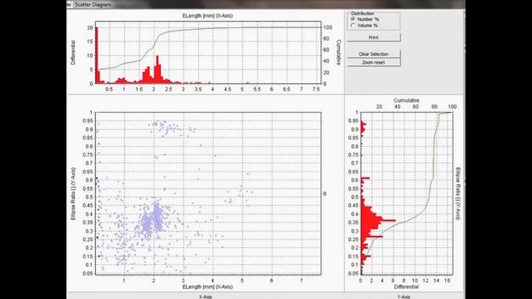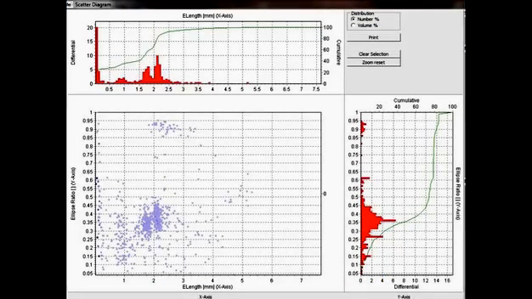This is the scatter diagram display, which shows measurement results in yet another format. The red distribution graphs at the top and right side of the blue scatter diagram can be chosen to display any of the morphological parameters in number or volume distributions. The blue scatter diagram shows the location of each particle measured relative to its position on the two red parameter